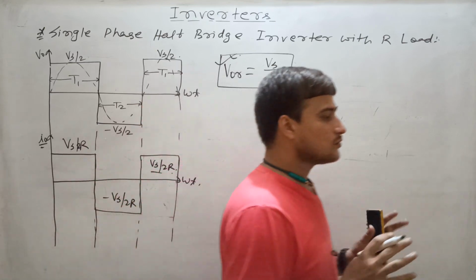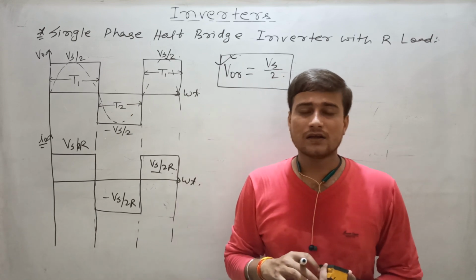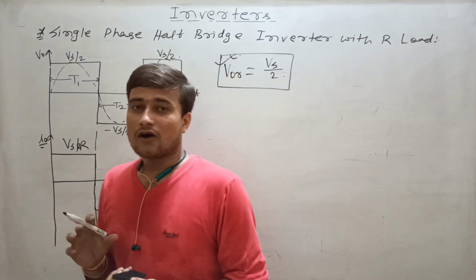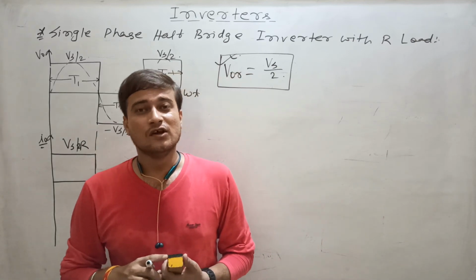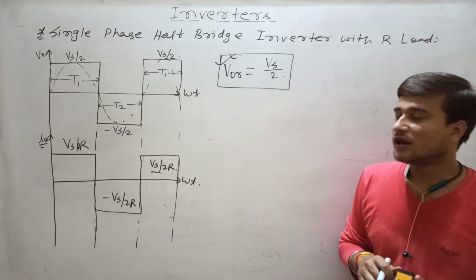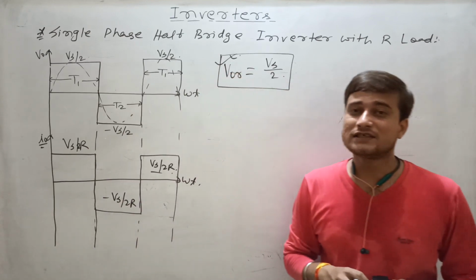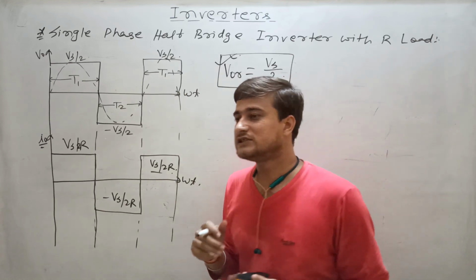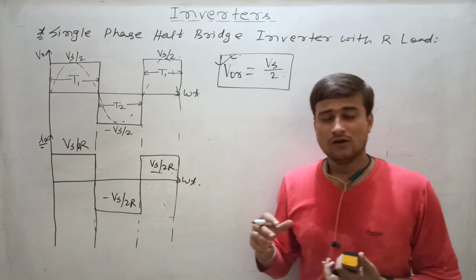So what happens? Suppose your fan is running when supply is on. Now in the case of power cut, inverter starts supplying your fan. Now what will you see? You will see that some noise in the fan will increase. Why? Because that inverter supply is containing harmonics. That's why you are getting some noise in your fan whenever it is supplied by inverter, because inverter is not providing you sinusoidal voltage supply.